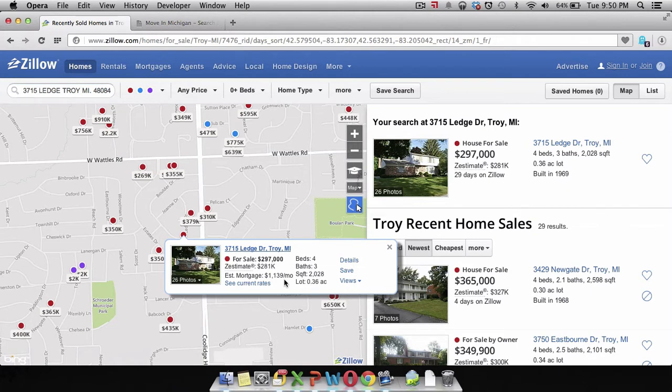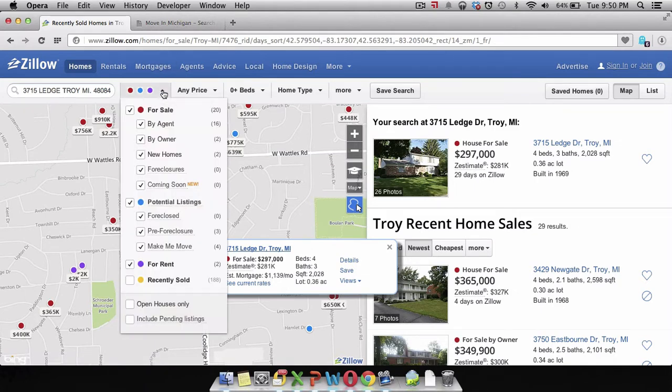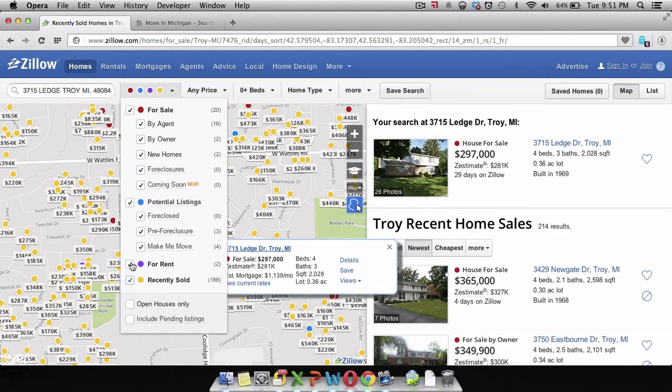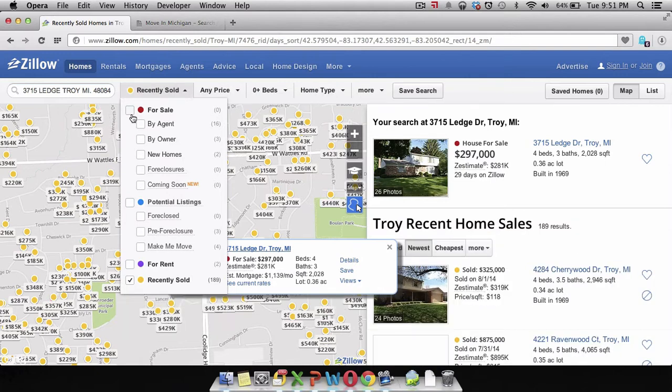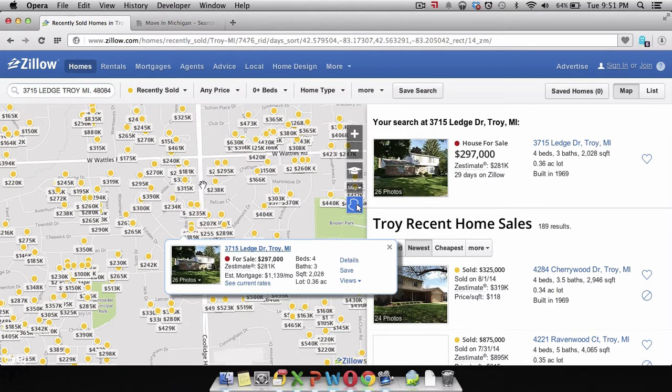baths, square footage, some of the key things that we're going to need as far as criteria to determine the value of our house. And what I like to do first is click on this section with all the bubbles, and it has for sale, potential listings, and for rent in here. I want to click on the recently sold, and I want to unclick for rent, potential listings, and for sale. And immediately you see all these yellow dots here. These are all the properties that have sold within this area, which is a very desirable area in my particular